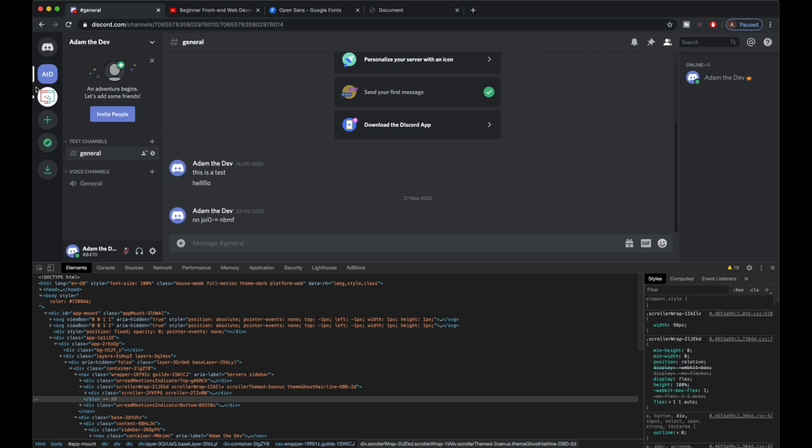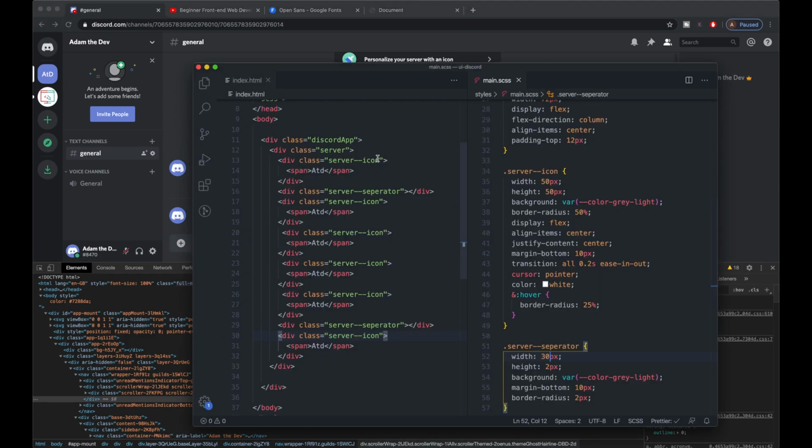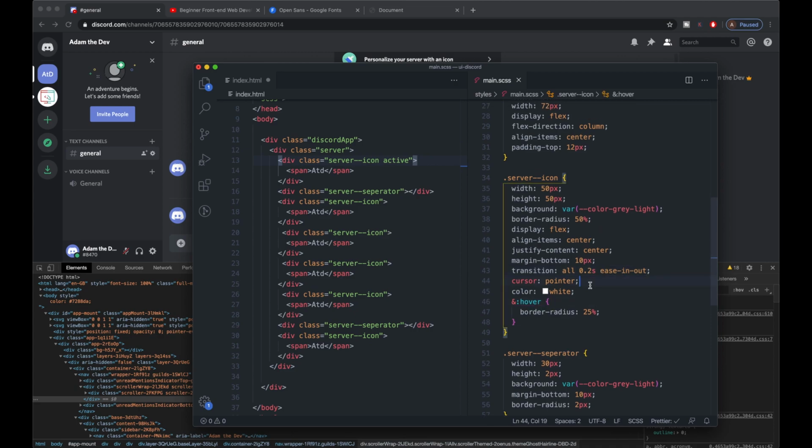It also has this side selected state. I'm just trying to think of the best way of approaching that. It might be with a pseudo element. So what we can do is add a class here called active. Now we just do active, and then within the server icon, let's just do @.active. So if the active class is applied,